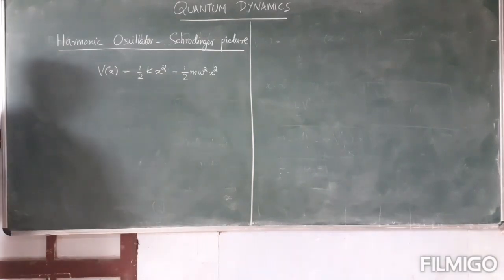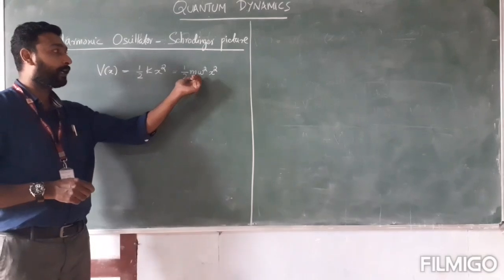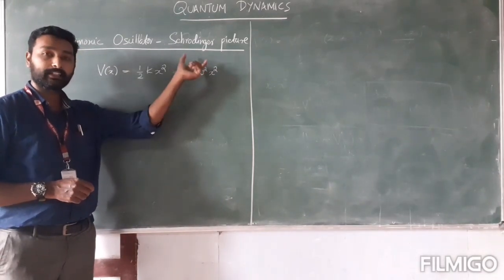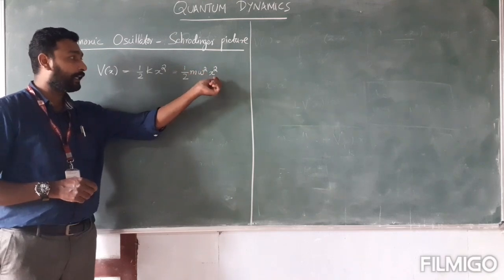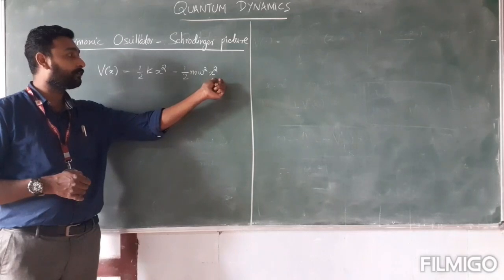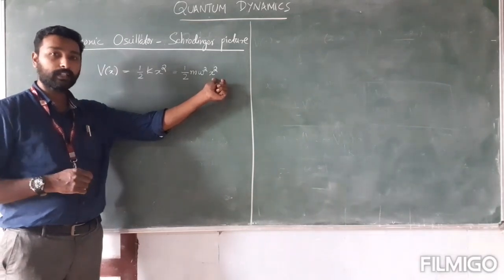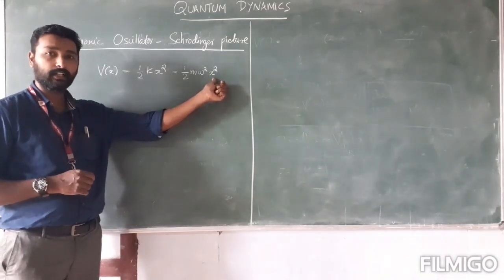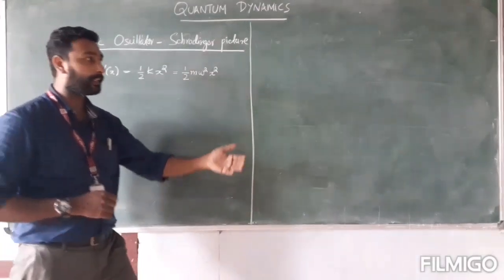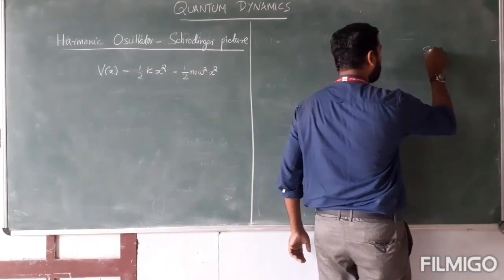So V of x, the potential energy of the system, is written in this particular form of half m omega square x square. Remember, the half m omega square is just a constant for the system, and x is the variable. If the potential varies quadratically with the position, then the system is called a harmonic oscillator. And we have many classical examples for the harmonic oscillator, like the spring mass system,